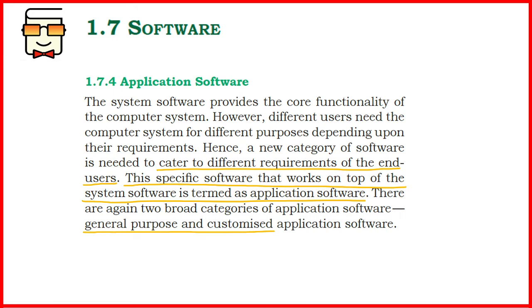Now coming to what application software is. When we studied system software, we learned that system software is the soul of the computer. It helps the computer in performing the basic functions. It allows the computer to start, and allows other software and hardware to get configured, installed and run, and provide their functionalities to the system and the end user. Application software is software developed for a specific purpose for the end user.